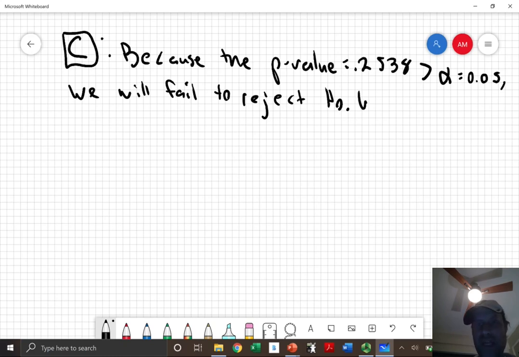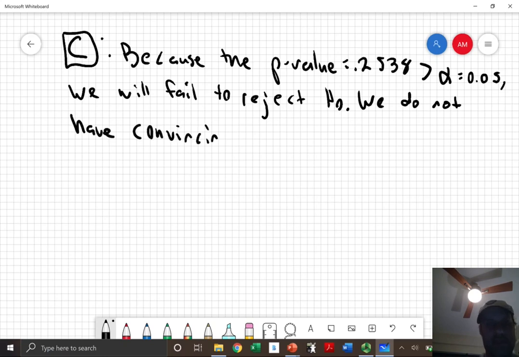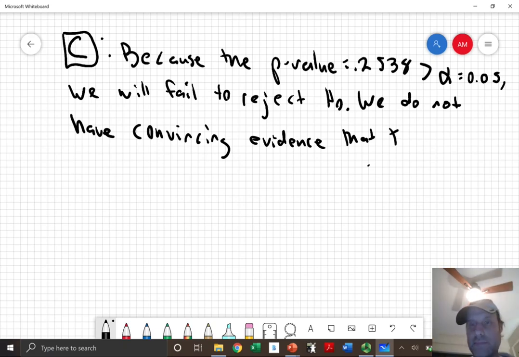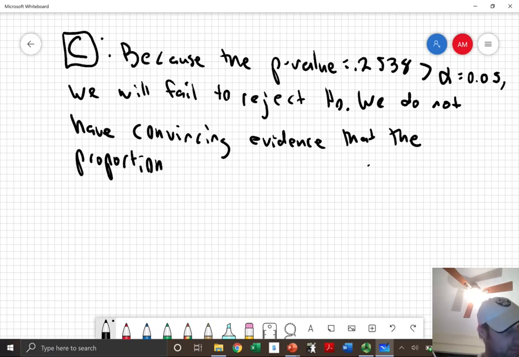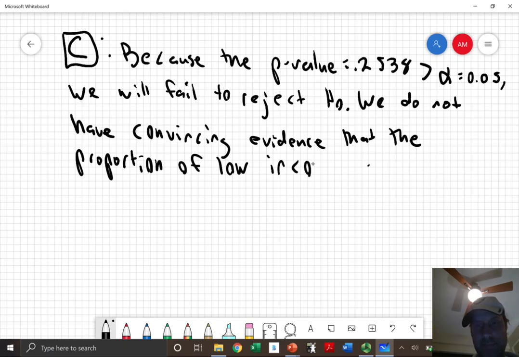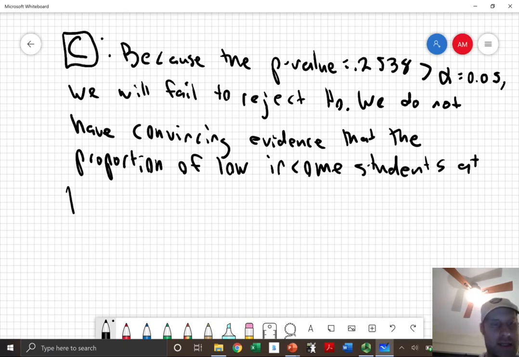And we're going to go ahead and say right here, okay, we do not have significant evidence, or do not have convincing evidence, either one's fine, that the proportion of low-income students at Lakeville North is higher than the proportion at Lakeville South. Proportion of low-income students at Lakeville North